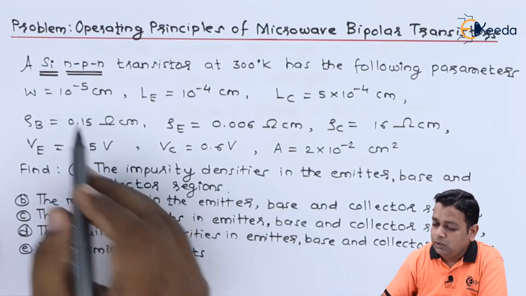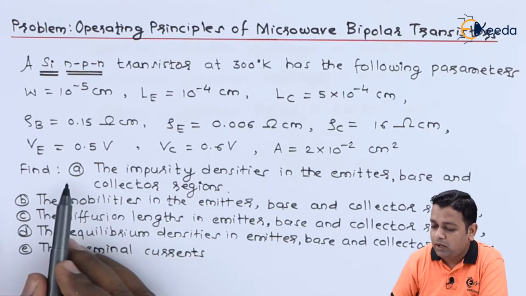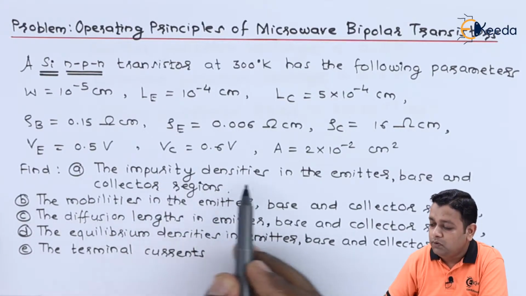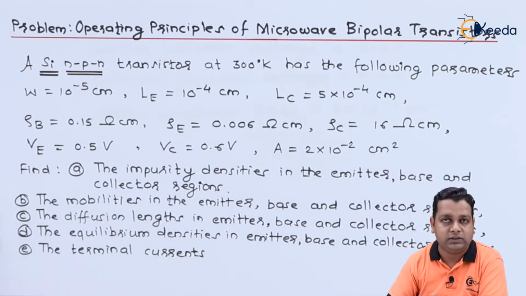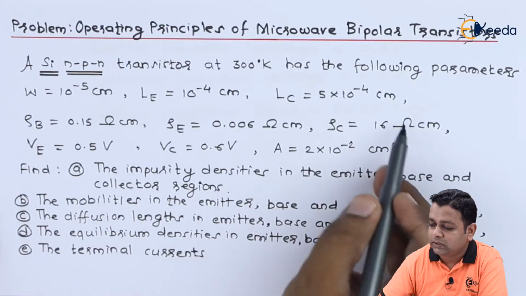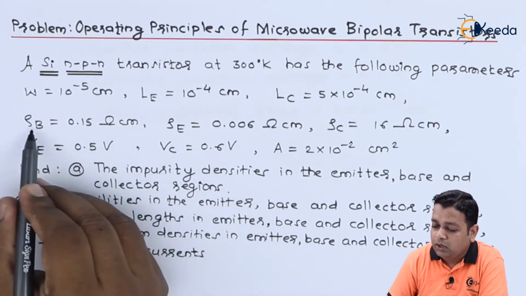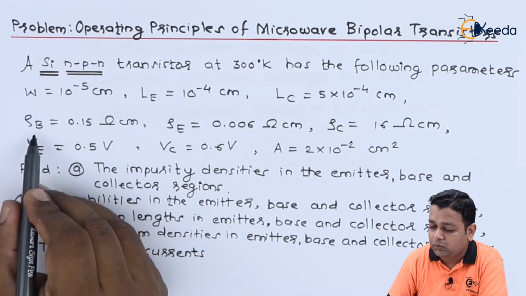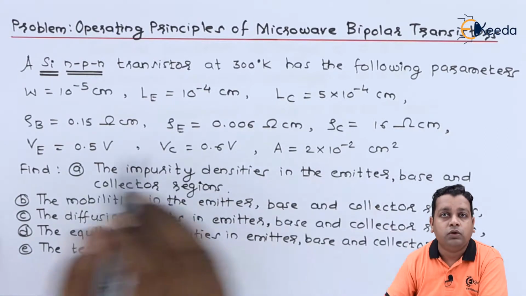So now all the given details, 9 parameters we have identified. Now we require the value of the impurity densities in the emitter, base and collector regions. Now for finding the impurity densities, out of these 9 parameters, which parameters will be helpful and which will be redundant, that we need to see. So here, whatever the resistivities with respect to the base, emitter and the collector, those will be